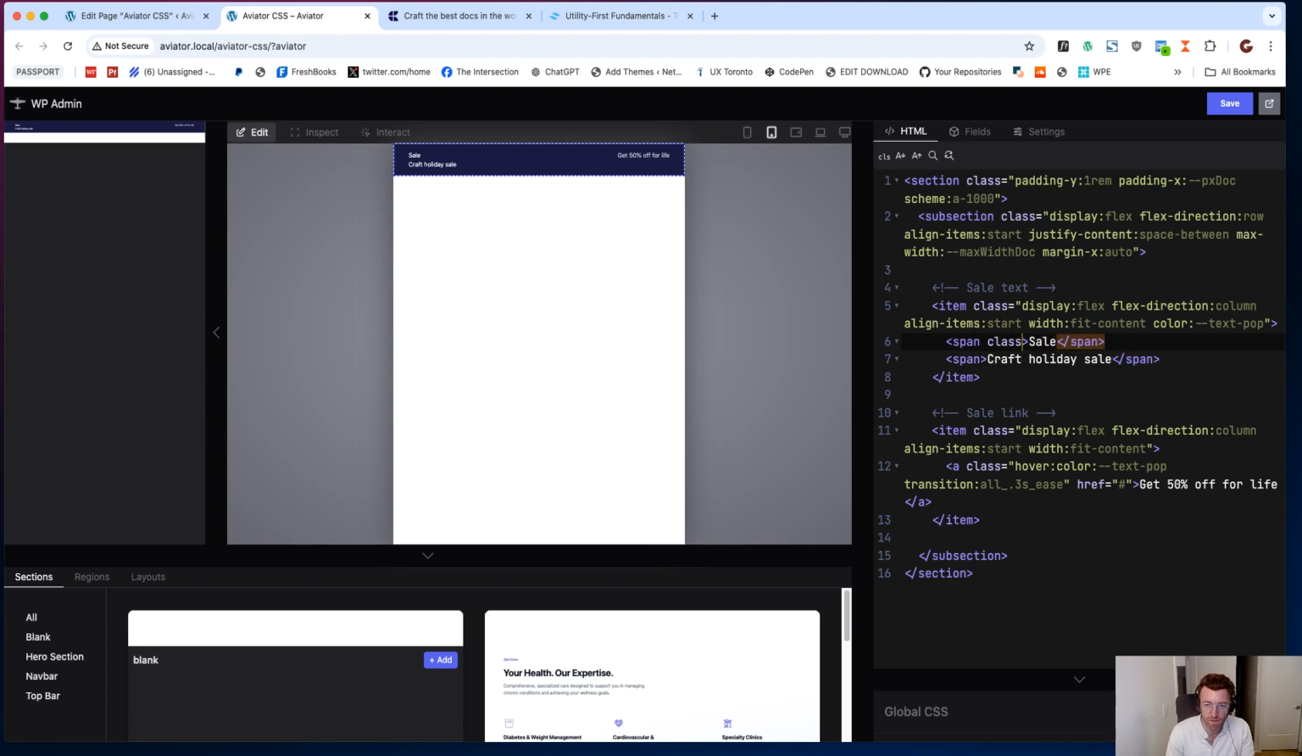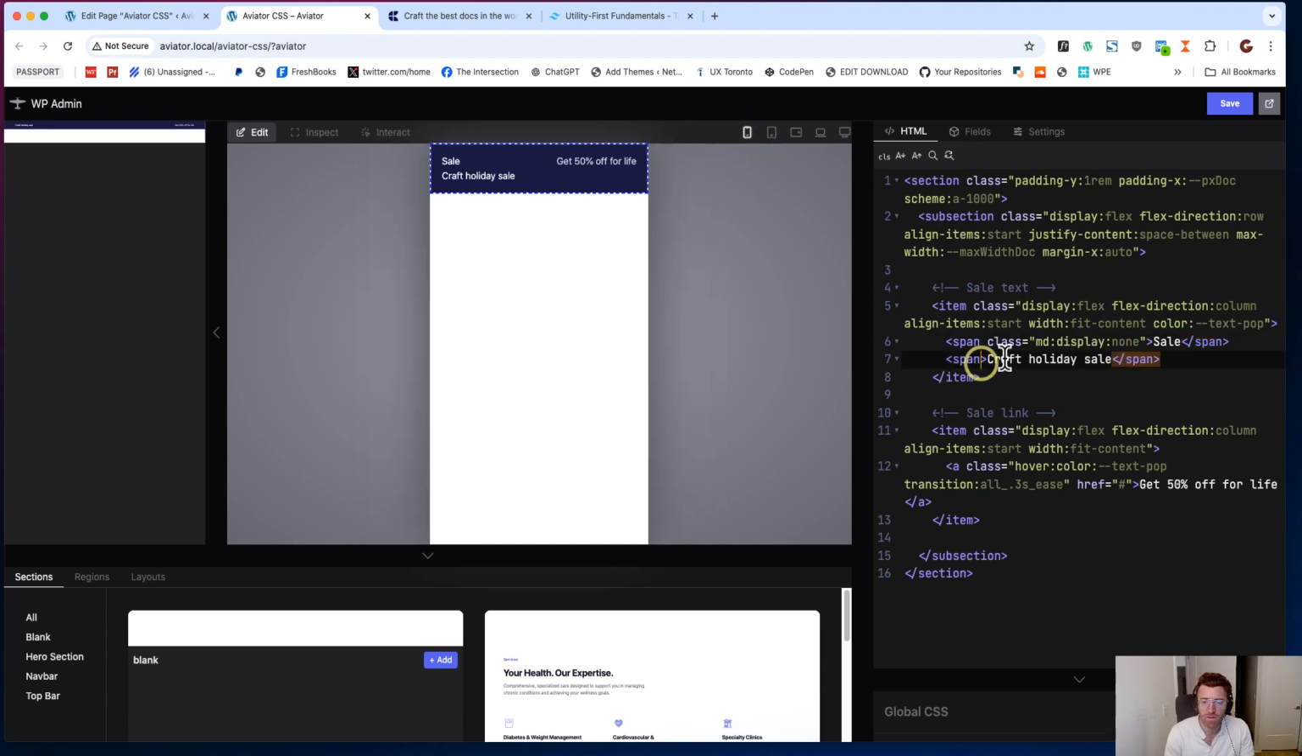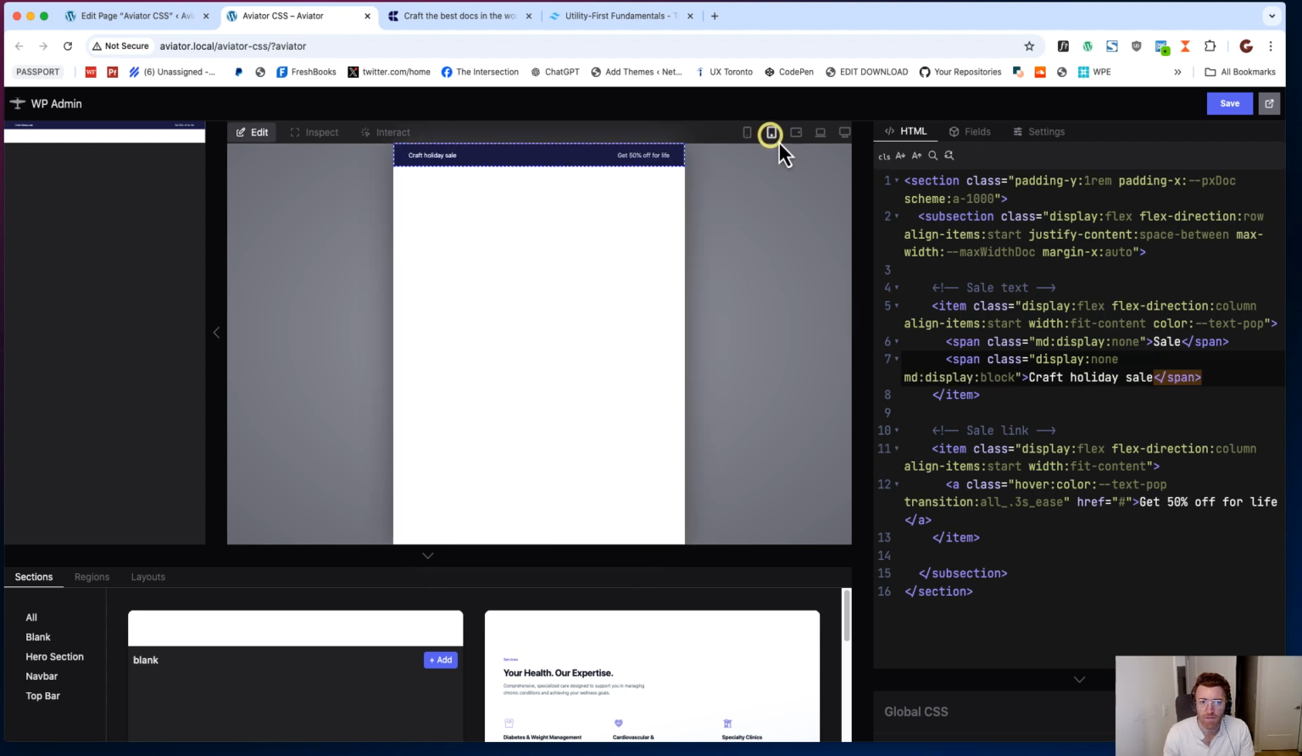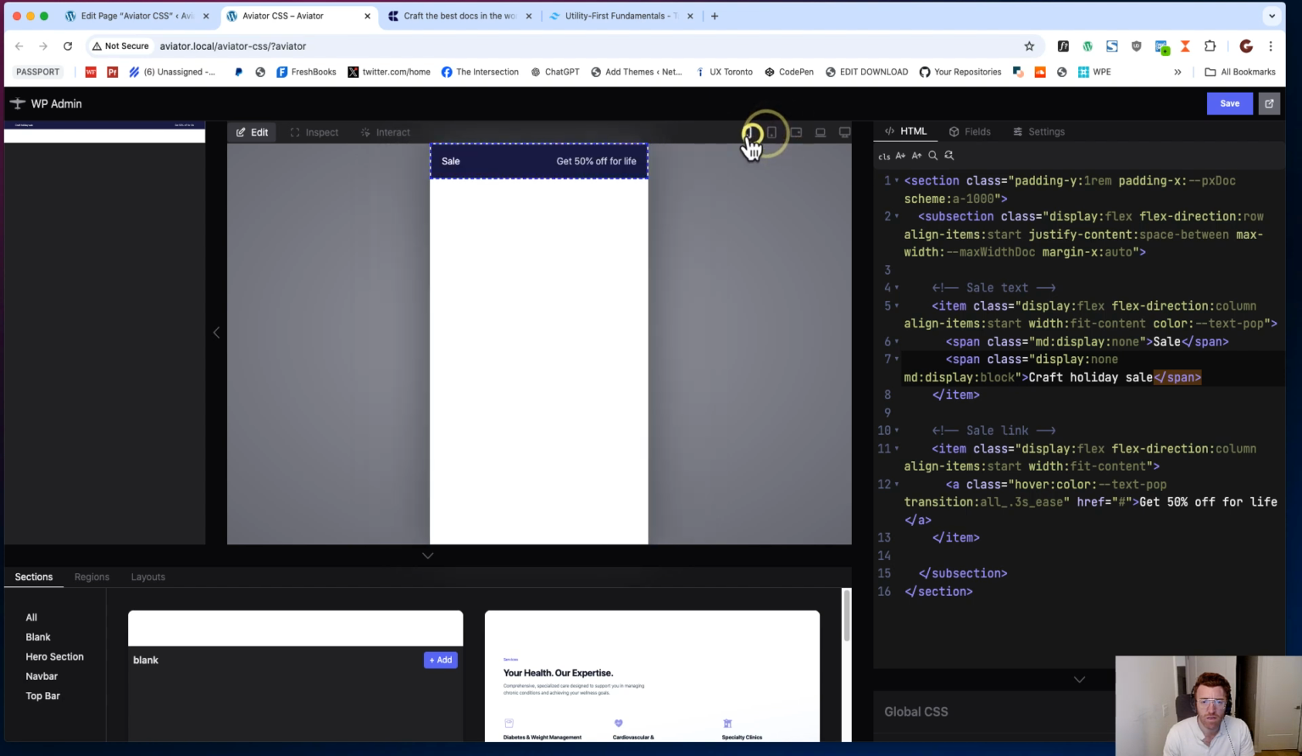I'm just going to type class. So we want this one to show and then hide on medium screens. So medium is going to be display none. And then we want this one to do the opposite. So we'll say display none. And then medium display, let's say block. So now when we go back and forth here, we can see the text is changing. Again,